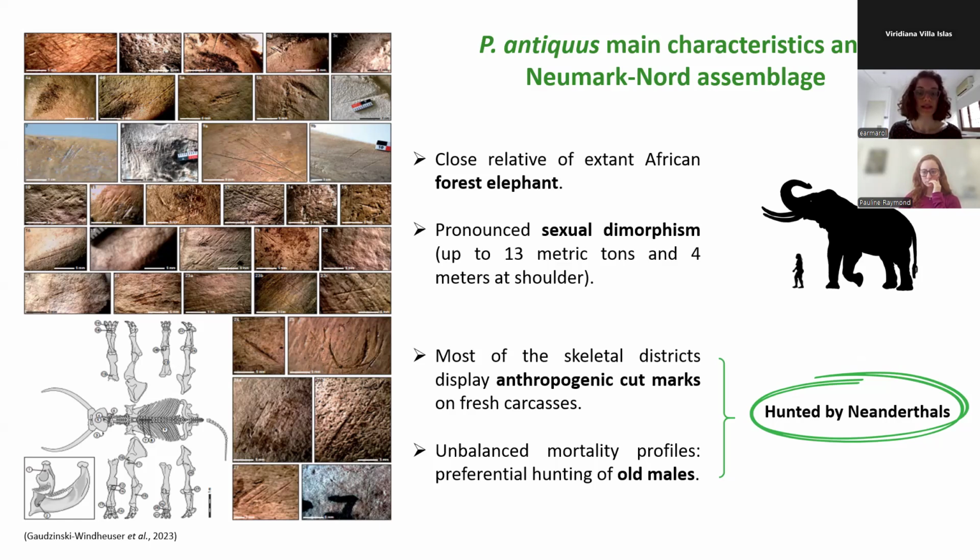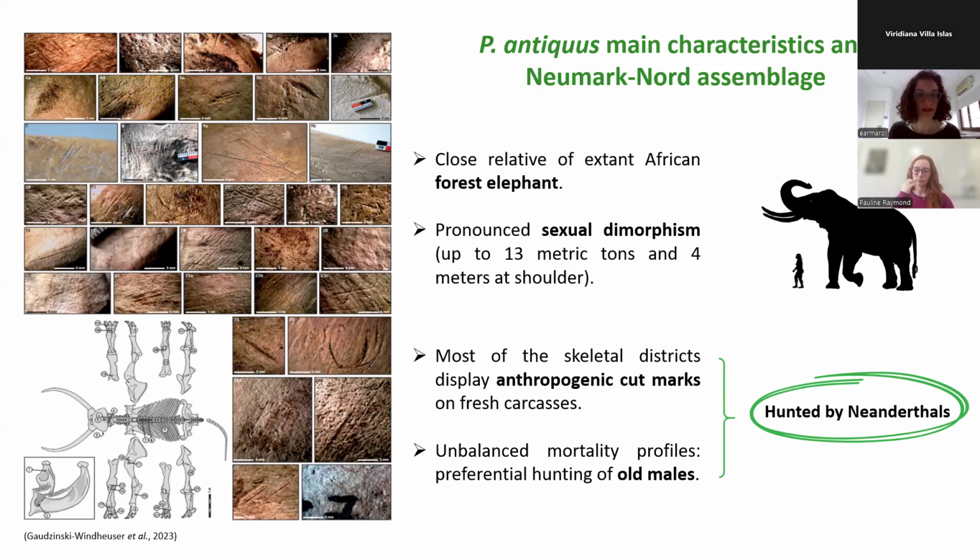Very interestingly, most of the skeletal districts display anthropogenic cut marks on fresh carcasses. And this evidence, together with the unbalanced mortality profile skewed toward adult males, means that Neanderthals actively hunted, so targeted specific members of the group, elephant groups and populations,